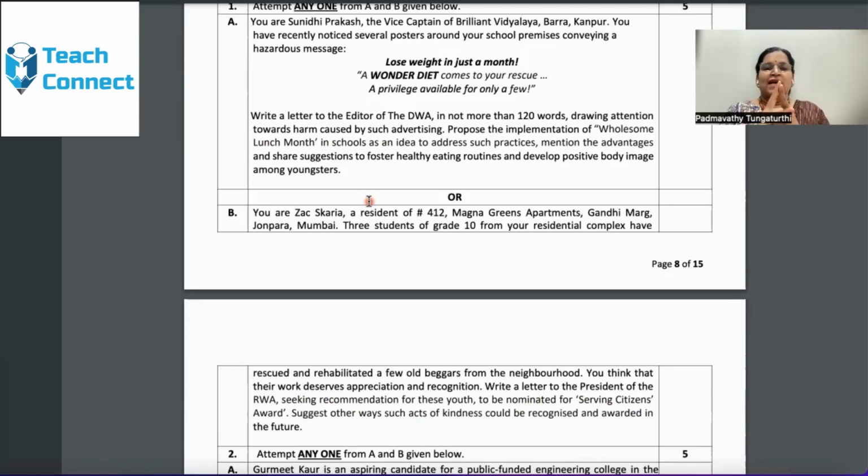First one is regarding harm caused by such advertising. Second one, how to propose this idea of wholesome lunch month in school. Third one, advantages. Fourth one, sharing the suggestions for healthy routine. Fifth one, develop positive body image among youngsters. You have to give your ideas. The student has to give the ideas over here.